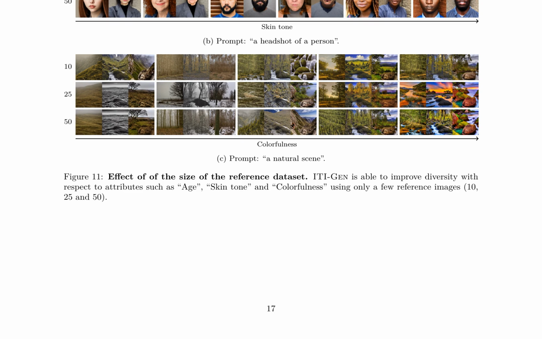The colorfulness attribute, tested on natural scenes, also demonstrates an increase in diversity with a larger dataset, suggesting better understanding and generation of colors and textures. Overall, the study highlights the potential of ITI-GEN to improve diversity in image generation tasks, particularly with limited datasets, which could have significant implications for applications requiring diverse and inclusive image datasets.